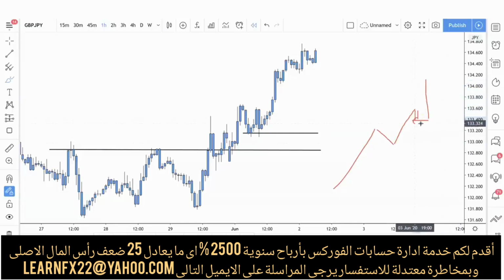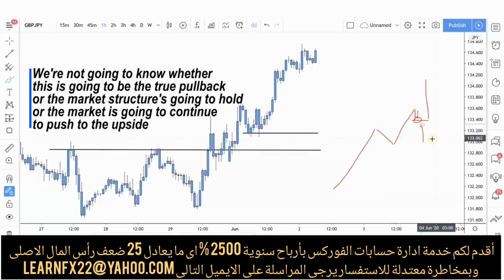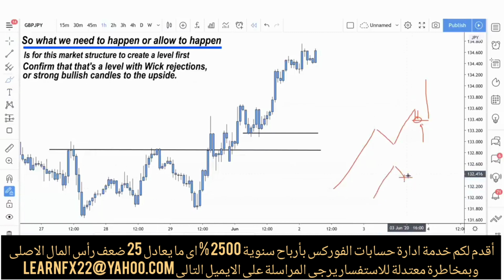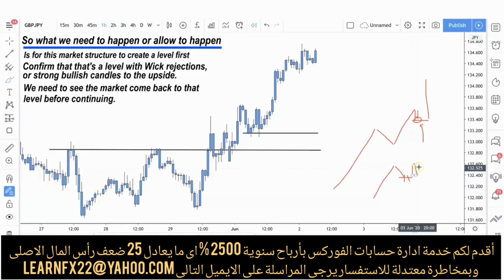Now, if we take a trade with a higher low formation that's very aggressive, we're not going to know whether this is going to be the true pullback, whether market structure is going to hold, and whether the market is going to continue to push to the upside. So what we need to happen or allow to happen is for this market structure to create a level first, confirm that that's a level with wick rejections or strong bullish candles to the upside, and then we need to see the market come back